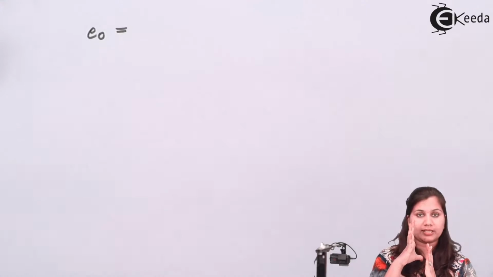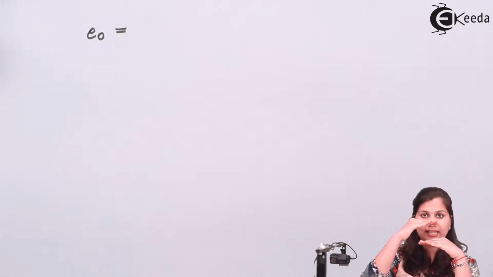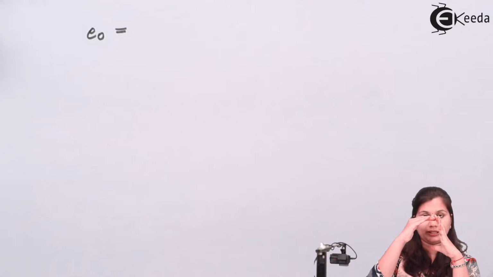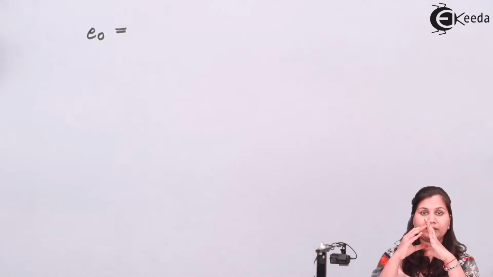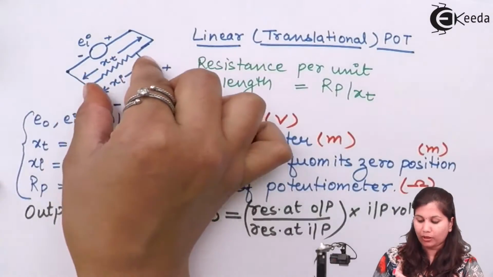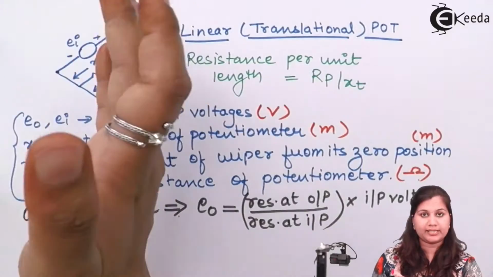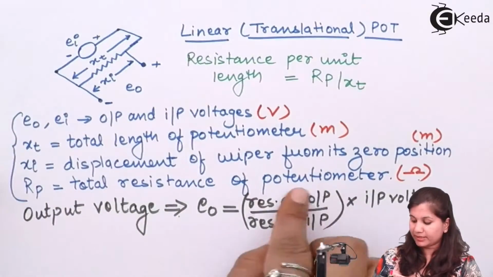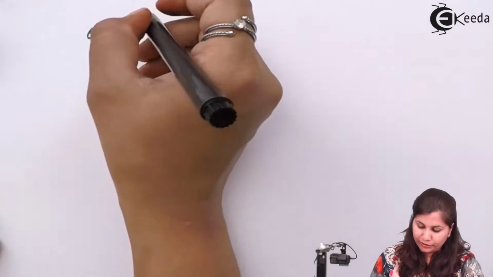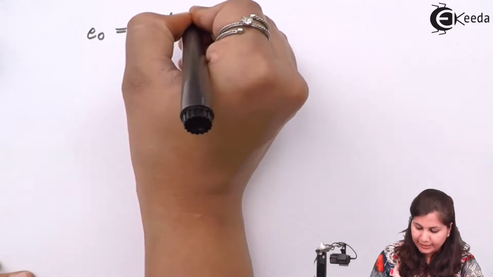So total resistance will be Rp. Now when we see from the output terminals, we are having the sliding contact. Only that much point where the sliding contact is positioned will be the xi, that is the displacement xi upon xt, and then multiplied with the total resistance, that is Rp, that will be the resistance at the output terminal. So here if we put the value, resistance at output terminal is Rp multiplied with Xi by Xt